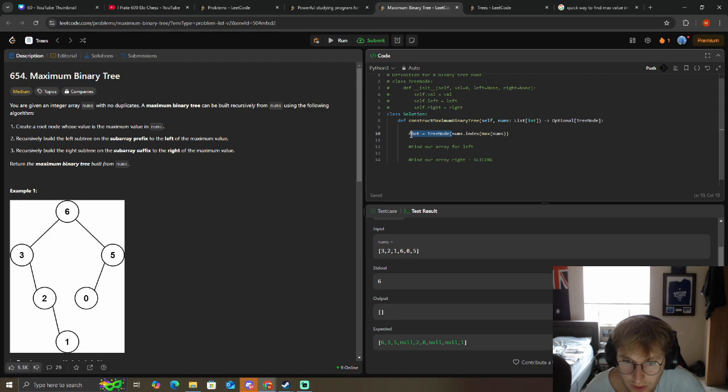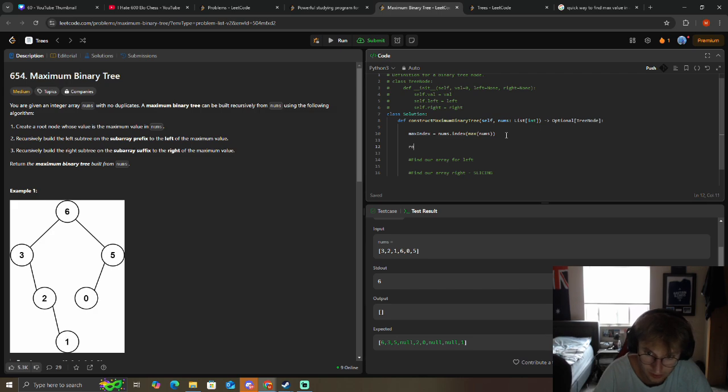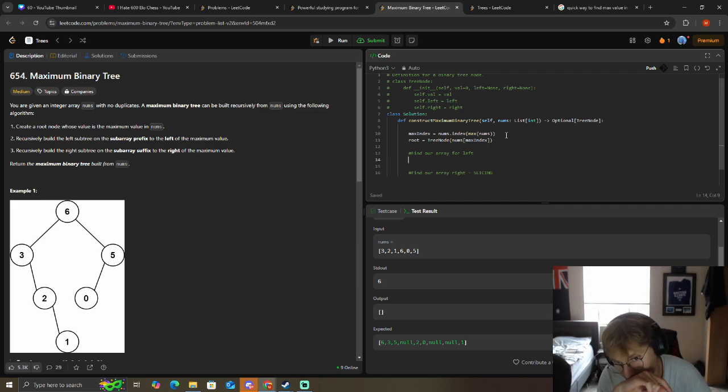Wait, what am I doing here? Max index is equal to nums, max nums. Then we want to create our root node, right? So root is equal to... sorry, no, root is equal to tree node. We want to pass in nums max index, right? And then we want to take the array from the left, so